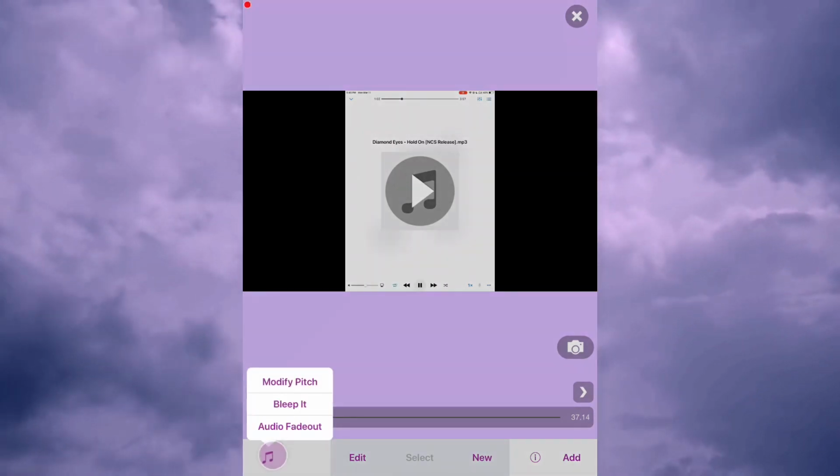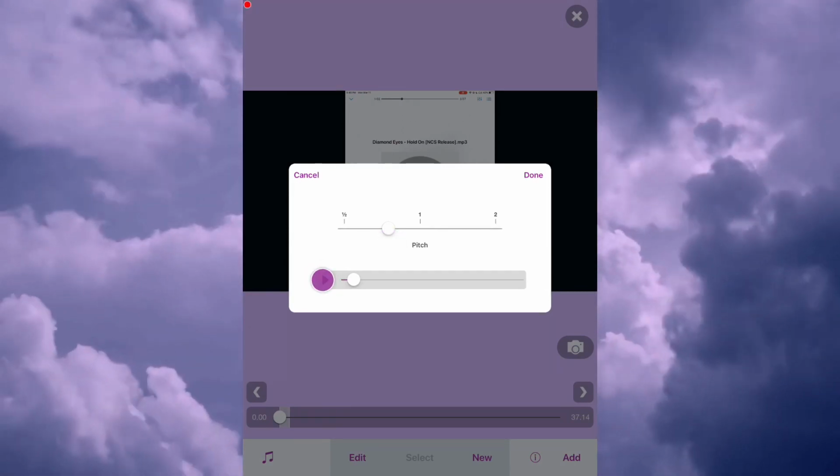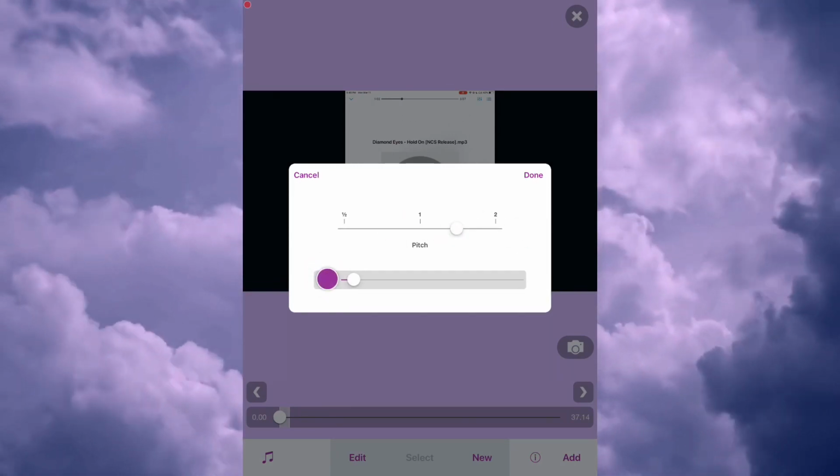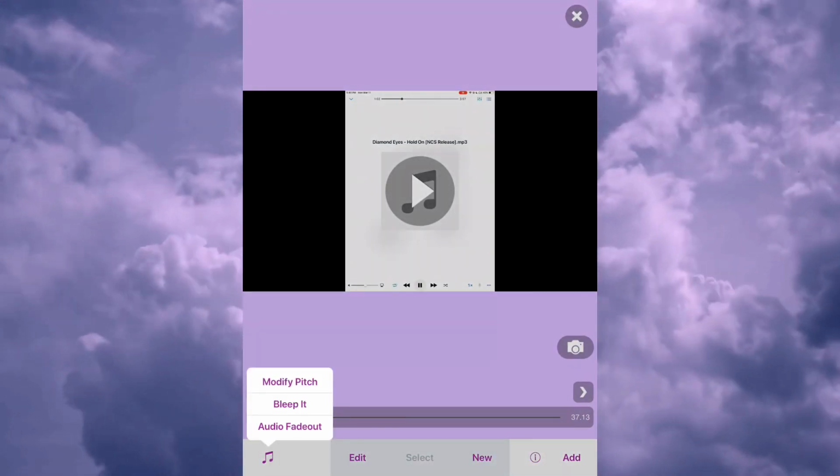So now the music note option, which has modify pitch, which does not speed it up, it just affects the pitch of the video. It can make it higher or lower or deeper or whatever. Yeah. And then we have